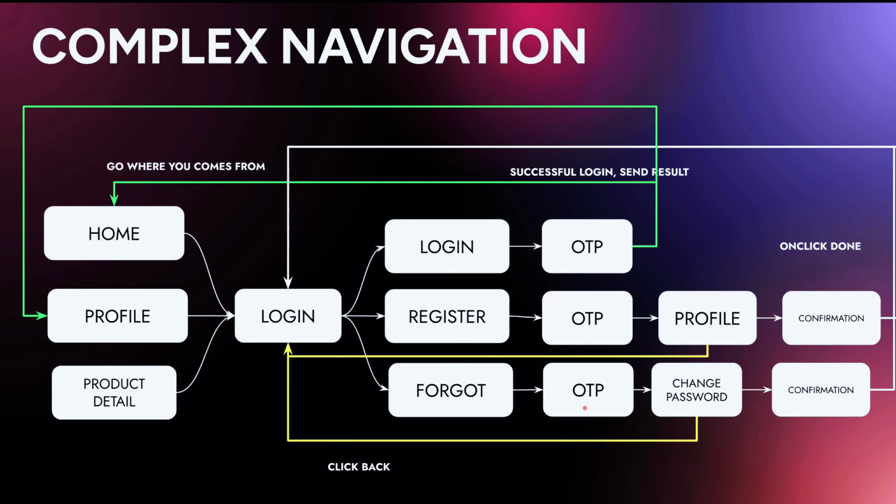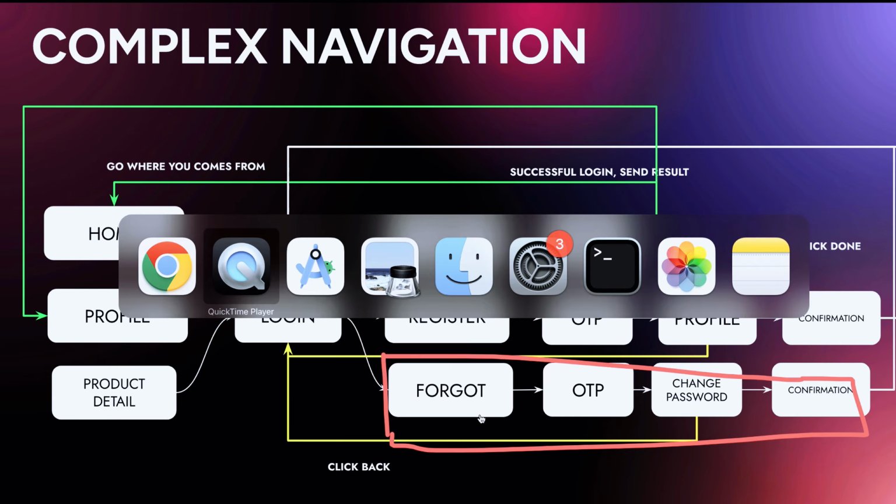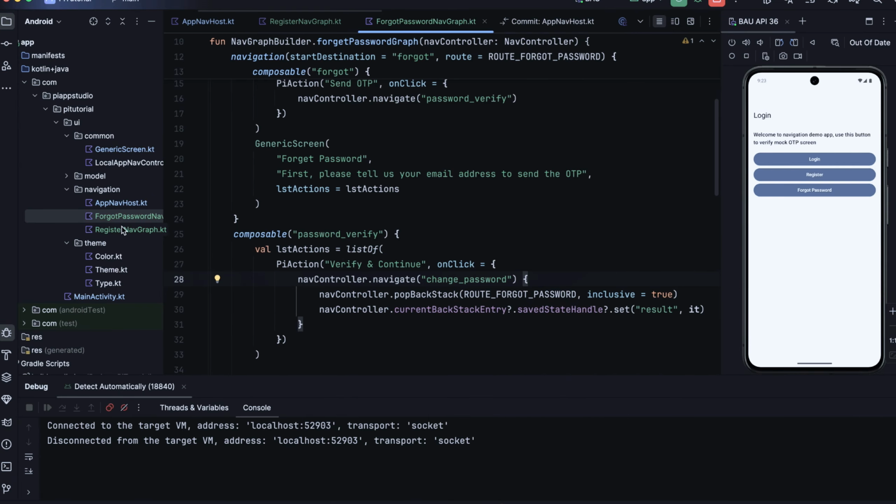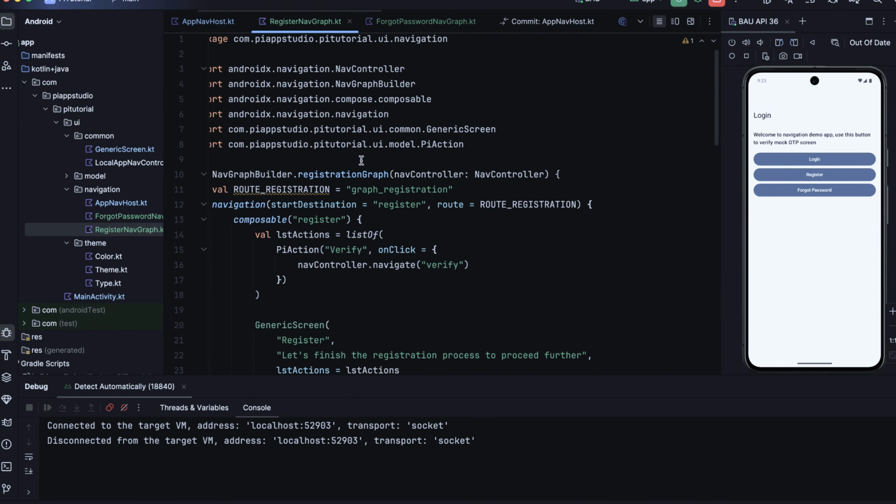Okay, then if that is the case, I can combine those pages and create a graph that I call a subgraph. For example, forgot password: the moment the user clicks on login, the forgot password comes into the picture. It starts from here, goes all the way here, and then closes here. These four pages, I just comprise these four pages and create the graph called, I could say, a nested navigation graph, that I could call